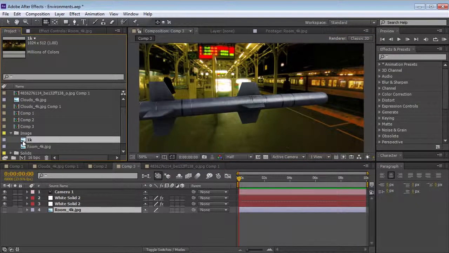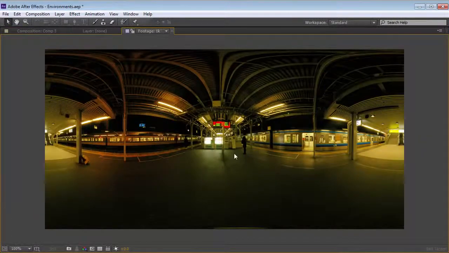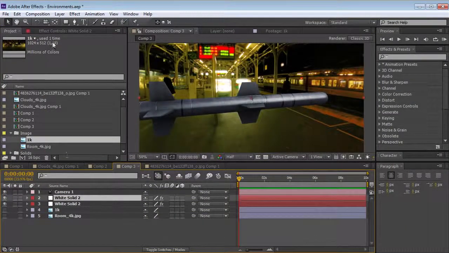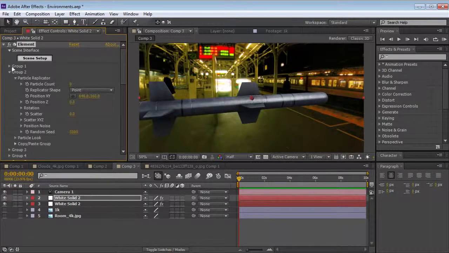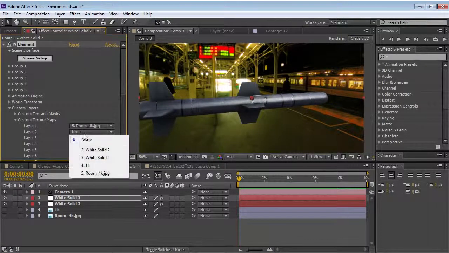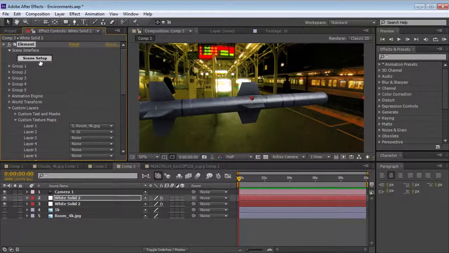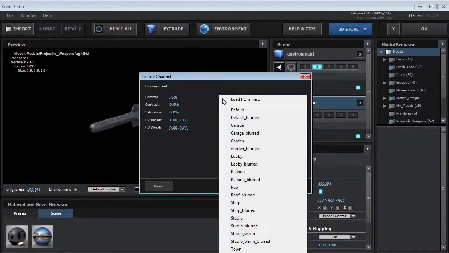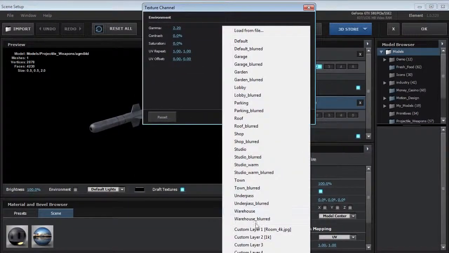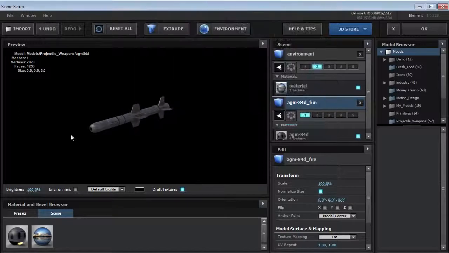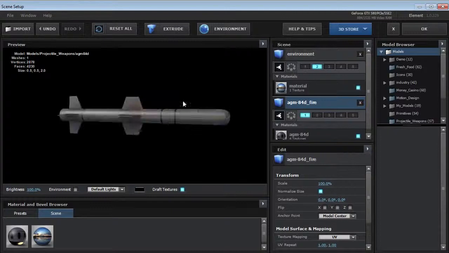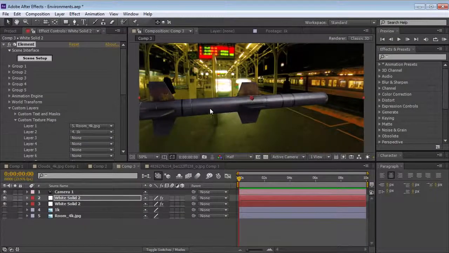Well, what I need to do is bring out a 1K version of it, so a smaller size. And what you can do is just resize the original and put this inside of the comp also, and let me add it to the custom layers inside of Element. And we'll add the 1K and jump inside the scene setup, and then go to the environment and set it to the 1K. So it's at the bottom here. And hit OK. So this way it still renders really fast, but the reflections will look more accurate